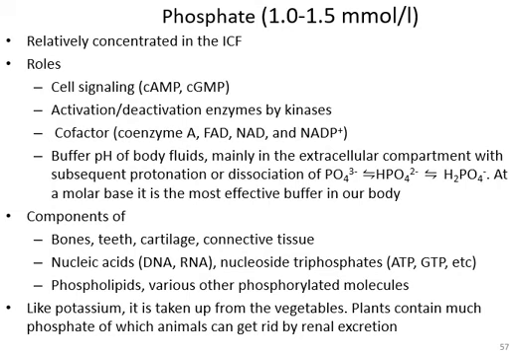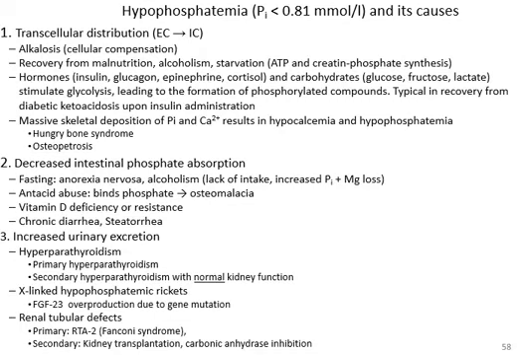Its main source is the plants. Hypophosphatemia is a condition when inorganic phosphate concentration drops below 0.81 millimole per liter, and the main cause of it is transcellular distribution, which can be related to alkalosis when phosphate enters the cell, or due to recovery when the recuperating patient consumes more food, and lots of ATP and creatine phosphate is produced intracellularly, which will obviously tap the extracellular compartment and can lead to